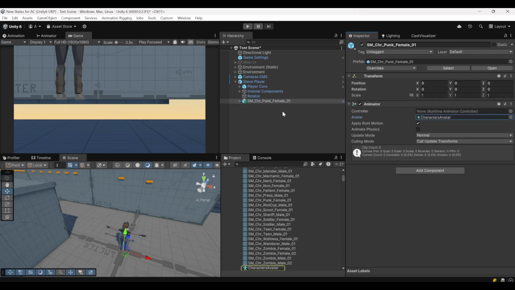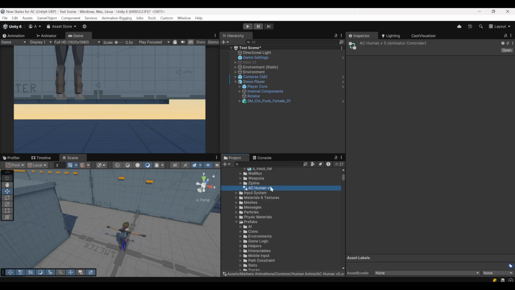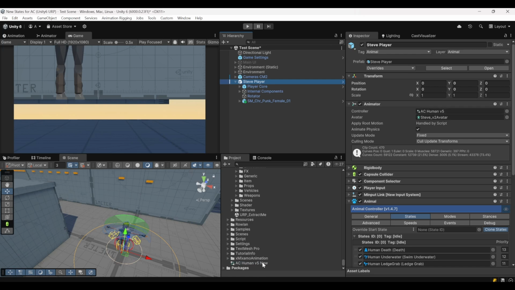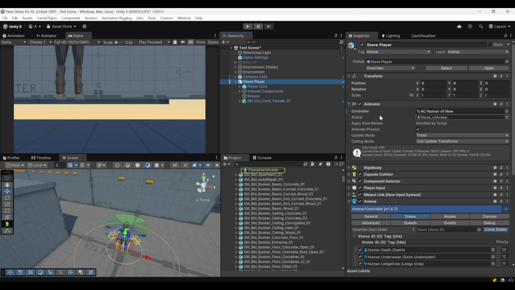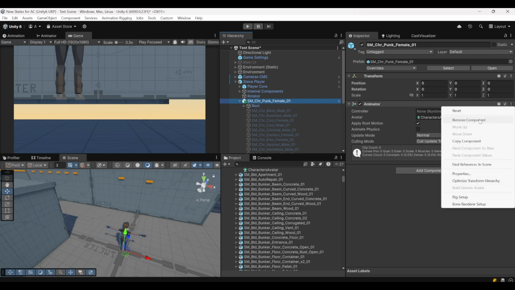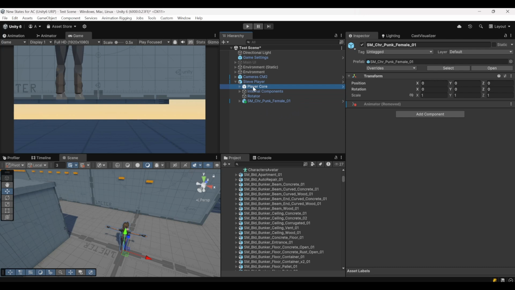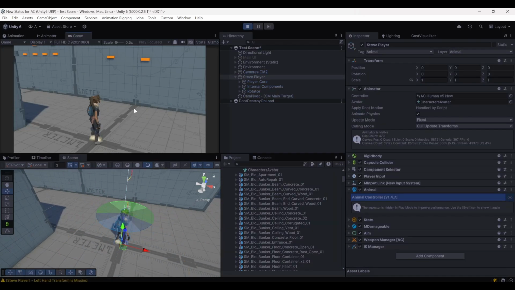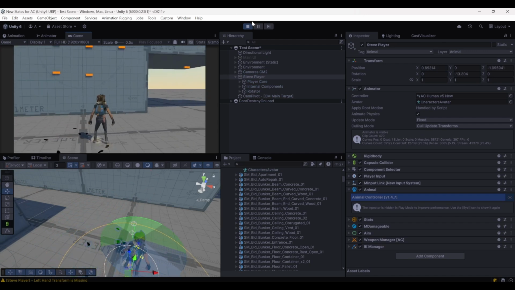Meshes away, character. Yeah, you probably will have a different animator controller, so let's just make a new one, new, and replace your own with this and the avatar change to here. So now we can remove. I think that should be it. Let's test. Yeah, okay. Now you have a new character and